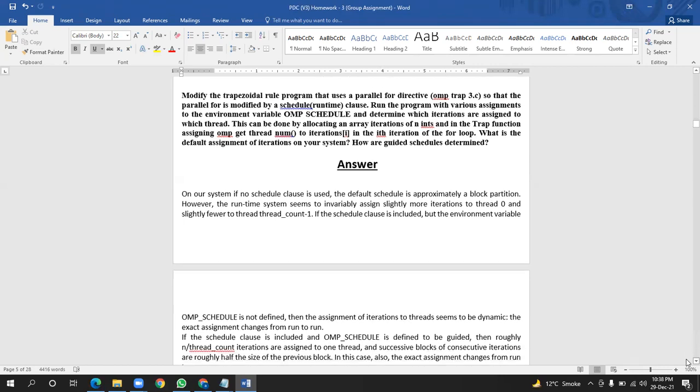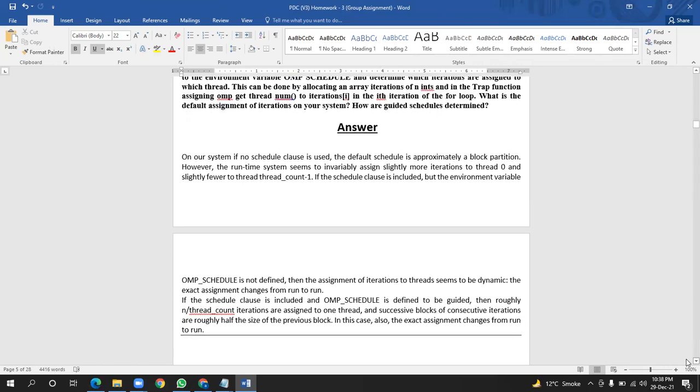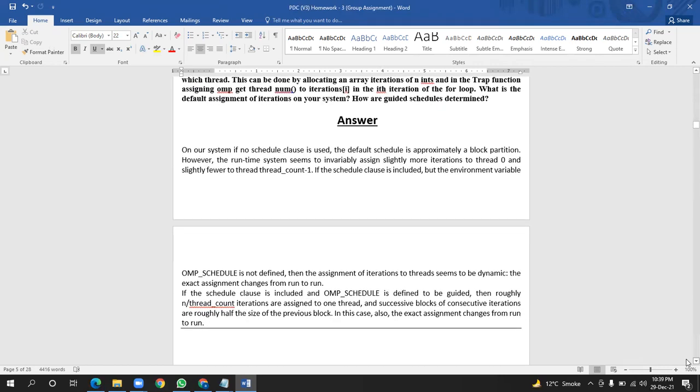We simply run this particular program and find out the number of iterations with the threads, and then find out the default number of iterations on your system, and how these iterations are executed one by one in the form of a schedule.